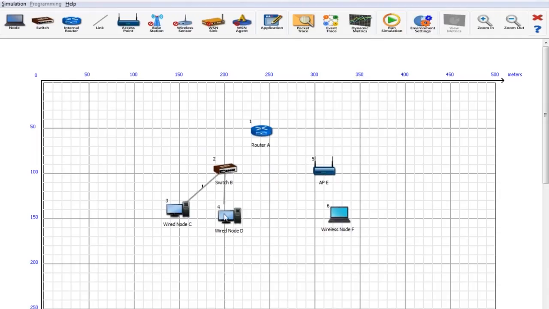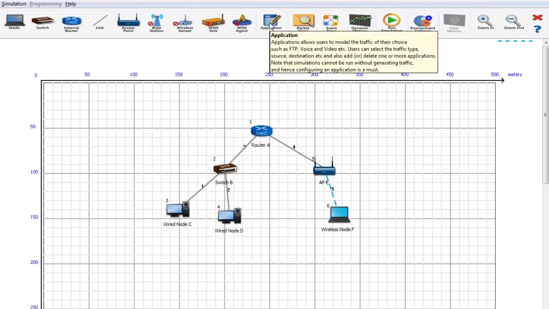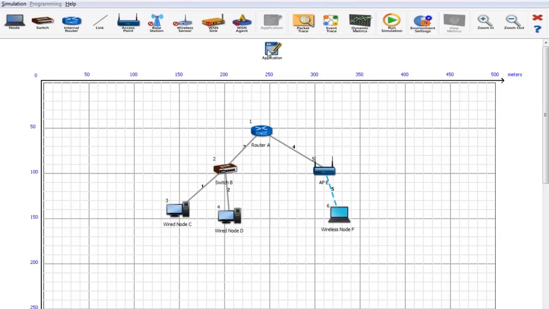Then we are adding some wired nodes, and on the other side we are adding an access point and a wireless node. We are connecting the wired devices using wired links, and the wireless interface is connected using a wireless link. So as you can see, with a few quick steps, we have been able to create a small network